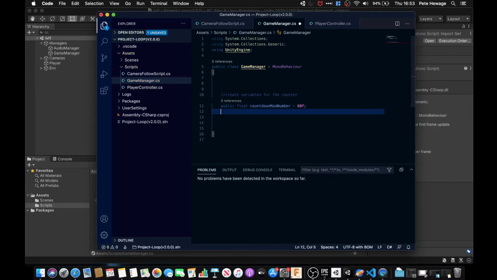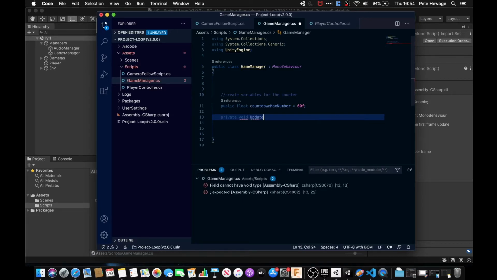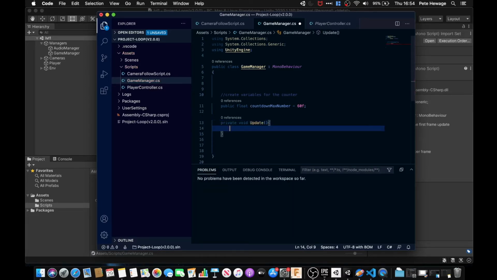60 is fine. Then I'm going to need another float, and this is, actually, do I? No, I'll leave it at this for now, I guess. Let's just work on getting the countdown sorted first of all. Then we'll work on the other stuff like spinning and displaying it. So I'm going to bring back the update function. Update, and in it, what we're going to have is,